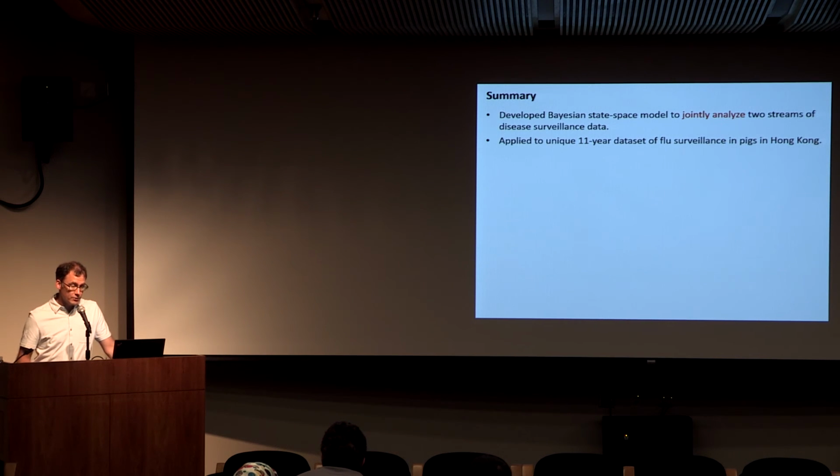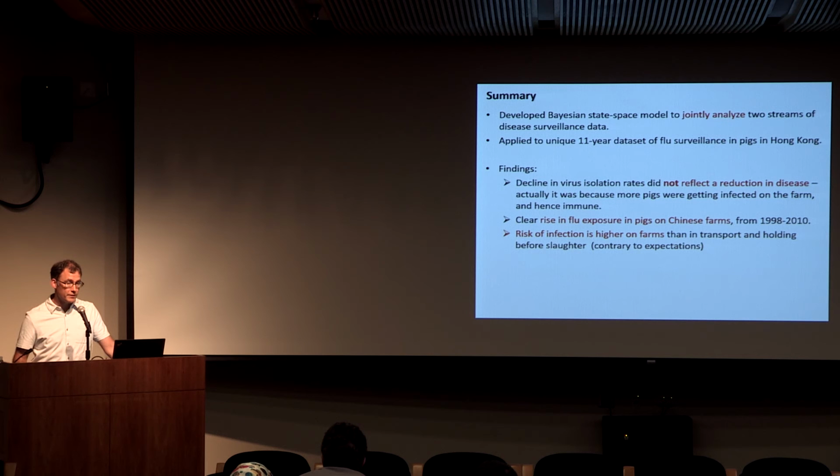So just to sum up what I've told you, we developed this Bayesian state space model to jointly analyze these two streams of disease surveillance data. We applied it to this unique 11-year data set of flu surveillance in pigs in Hong Kong. The main findings were that the decline in virus isolation rates did not reflect a reduction in disease, as was initially thought, but actually it was because more pigs are getting infected earlier in their life when they're still on the farm, so they're actually immune by the time they're in transport, and so they can't be carrying the virus when they get slaughtered. We detected a clear rise in flu exposure in pigs on Chinese farms over the span